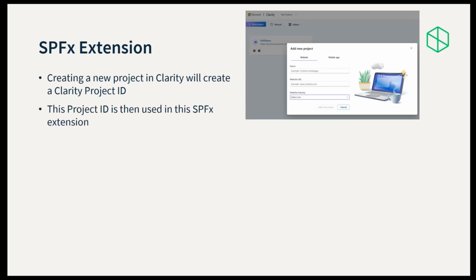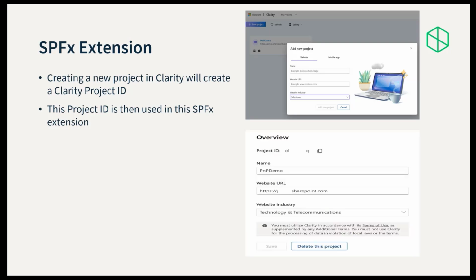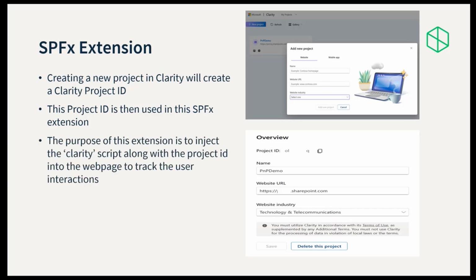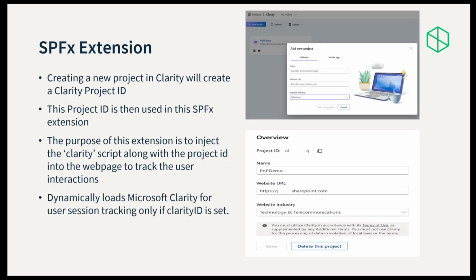This project ID is then used in the SPFx extension. The purpose of this extension is to inject the Clarity script along with the project ID into the web page to track the user interactions. This enables seamless user tracking across SharePoint without manual intervention.